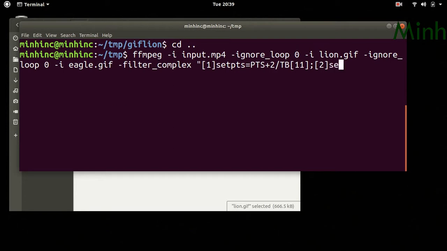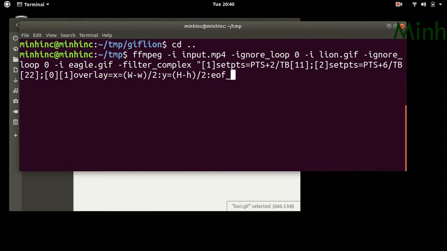Similarly for the eagle we will set setpts equal to PTS plus 6, it will start at some 6 seconds, and the stream name is 22. Now we will overlay the lion first, probably at the middle. overlay x equal to w by 2, y equal to h minus h by 2.